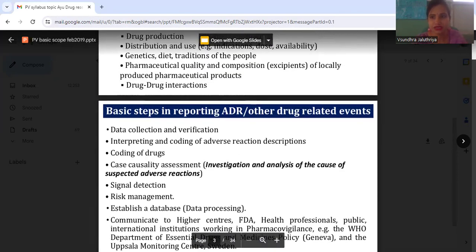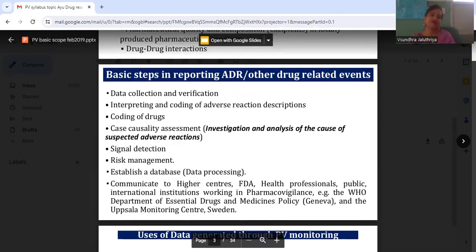Basic steps of reporting ADR and other related drug events: data collection and verification, interpretation and coding of adverse reaction descriptions, coding of drugs, case causality assessment and signal detection, risk management, establishment of databases, and communication to higher centers, the FDA, health professionals, the public and international